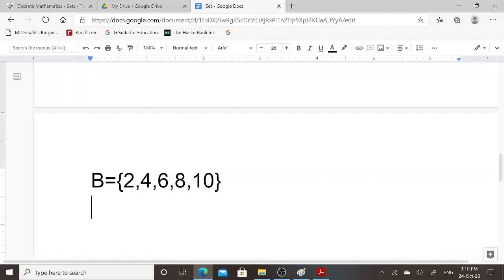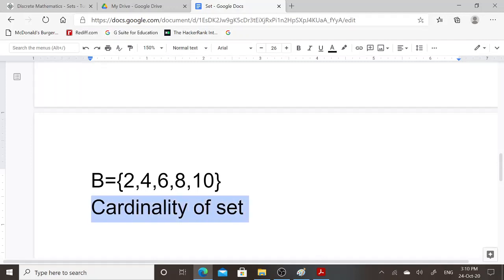On the basis of the number of elements present in the set, one term is introduced, that is cardinality of set. Cardinality of set means the total number of elements present in the set, and it is mentioned within two vertical lines.